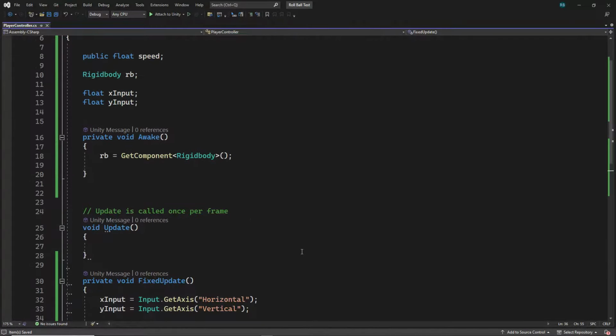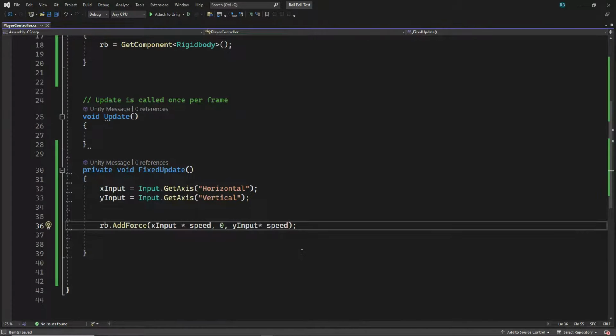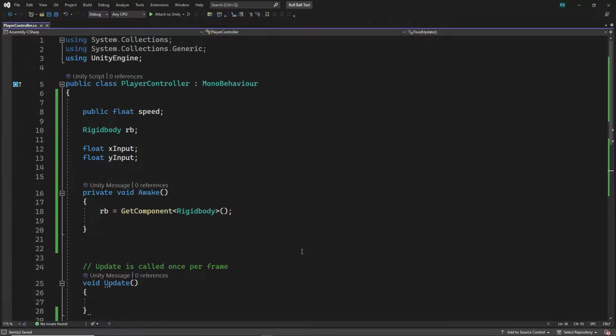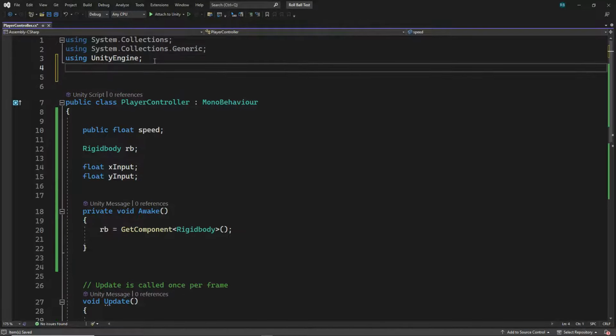Okay, so once we have done this, another thing we should do is whenever our ball falls down off the platform, we need to reload the scene. So let's do that. In order to reload the scene, we need to use something called using UnityEngine.SceneManagement. So this scene management namespace will help us write all the code required to manage different scenes